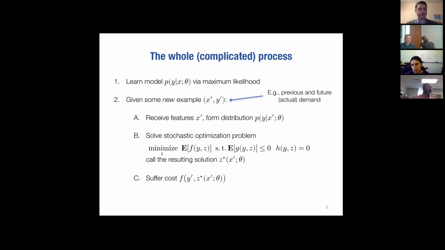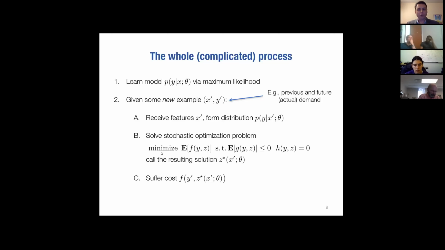Now the real test of this system in stochastic programming is if we're given some new example, x prime and y prime. The x prime would be the actual features that I have today: the past weather, as well as maybe weather forecasts, any exogenous information I have. And y prime is the actual future demand tomorrow, right? We don't know that when we make our decisions, but there is some actual future demand that will occur, and I'm going to denote that y prime. So when I say y prime, I mean an actual fixed demand that occurs,